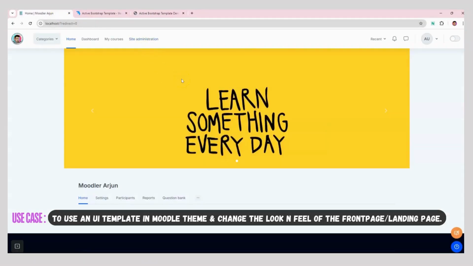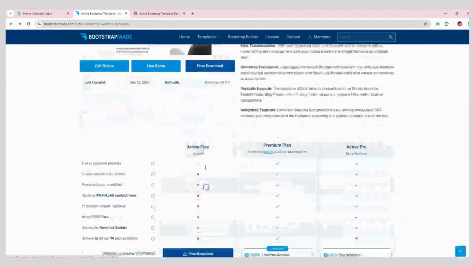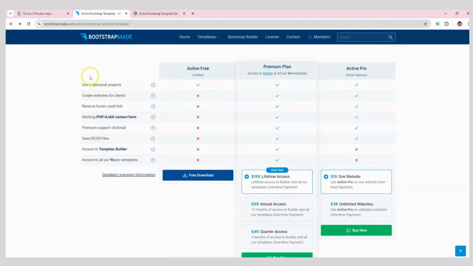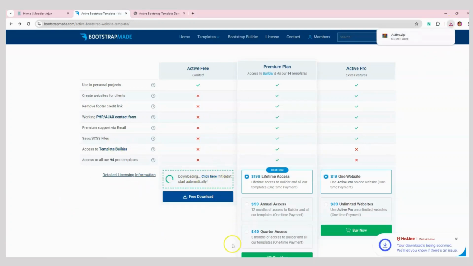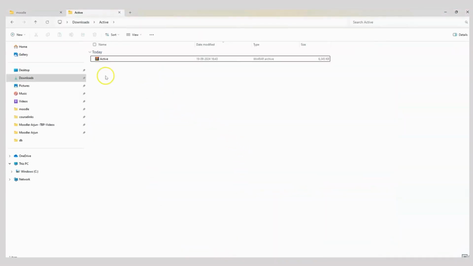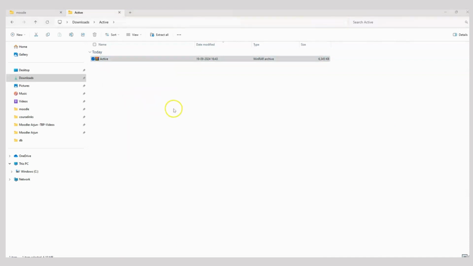So in that case, we are going to create a new custom layout and replace the one which is already there in the theme. I am going to download this template over here, and I'm going to use the resources present inside this template in our Moodle theme, that is the RemUI theme. I'm going to do a free download over here. So this gets downloaded as a zip file. Let us see. And then we have this. And if I extract it,